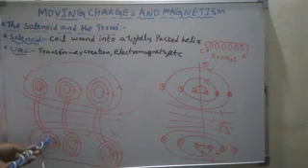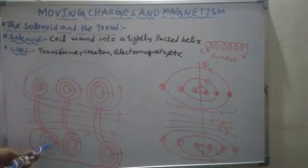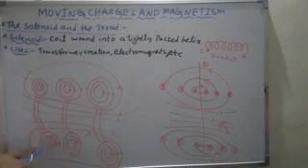Let us imagine this is a current carrying conductor. Okay, so the current is inward, suppose. Now stretch the thumb finger in the current direction. Curl your fingers. Which direction are you curling your fingers? That is the direction of the magnetic field. Correct? So it is the direction of the magnetic field.